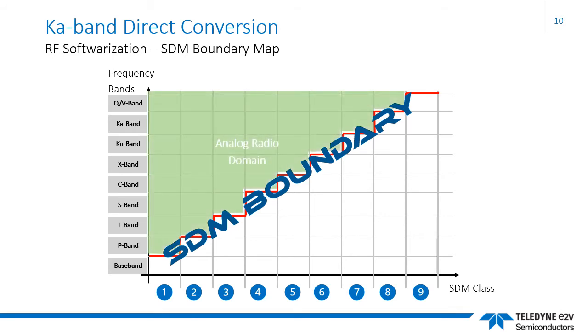The upper left-hand corner of this chart is the analog radio zone, whilst the lower blue zone identifies the digital radio domain. Moving along the abscissa, higher class ADCs extend digital reach and indicate the potential for more agile radio systems. By the time you have a Class 5 ADC, it is possible to implement an SDM that can directly access the C-band. This chart is useful to plot ADC dynamic characteristics in each of the ordinate frequency bands to assess if a target ADC meets the design requirements.